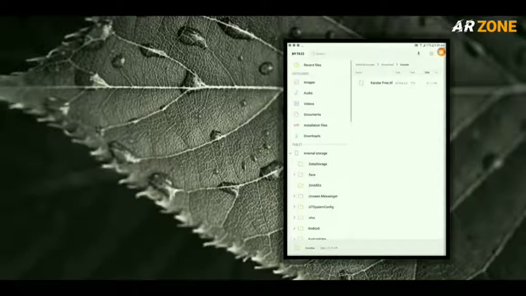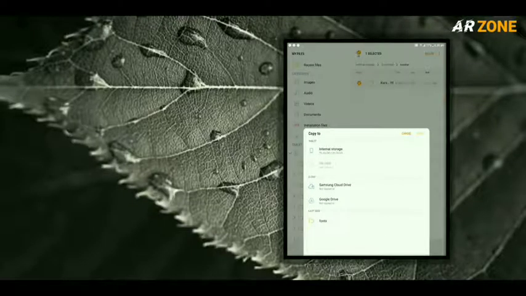Click into the unzip, click into the three dot icon, click into the edit option, and again click into the three dot option and here click into the copy option and